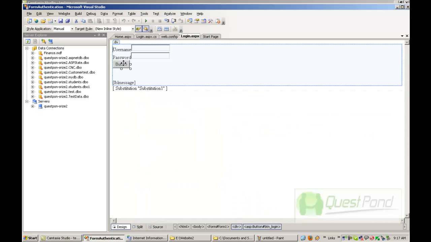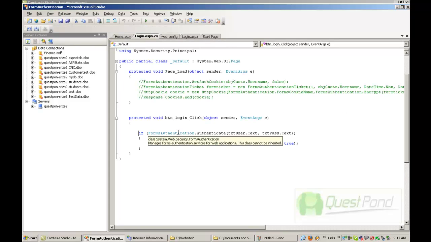Now in the behind code of login.aspx, I have used the forms authentication class. I have imported System.Web.Security, and I have used the FormsAuthentication class to authenticate as well as to redirect.